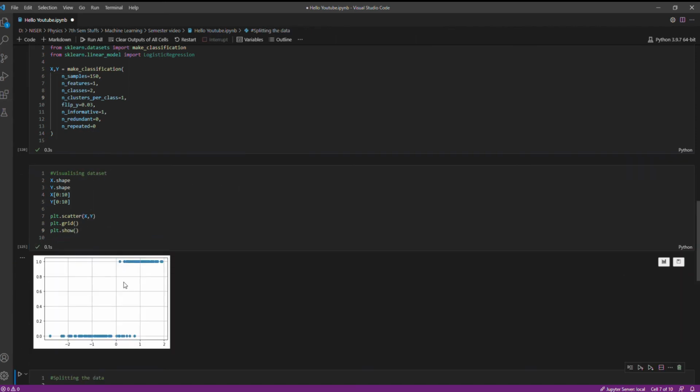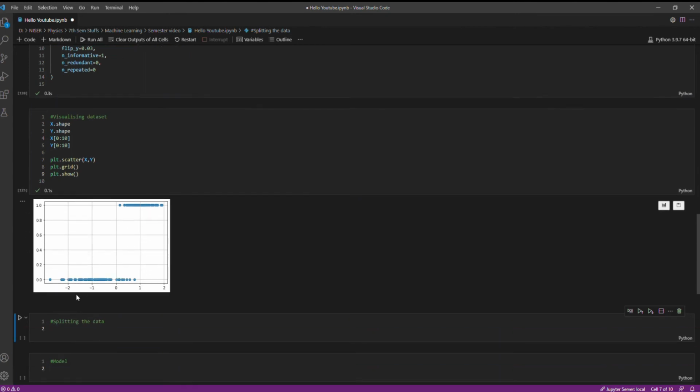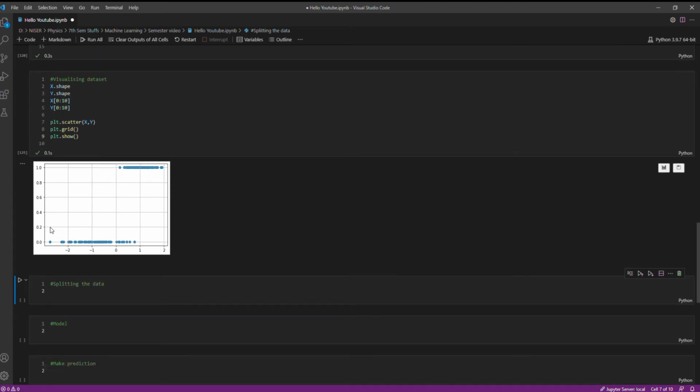As you can see, the data are either 0 or 1, and we can see it clearly. It is not linearly separable. We need an S-shaped curve to fit on it. With the S-shaped curve, everything above 0.5 is 1, and the theory remains the same.